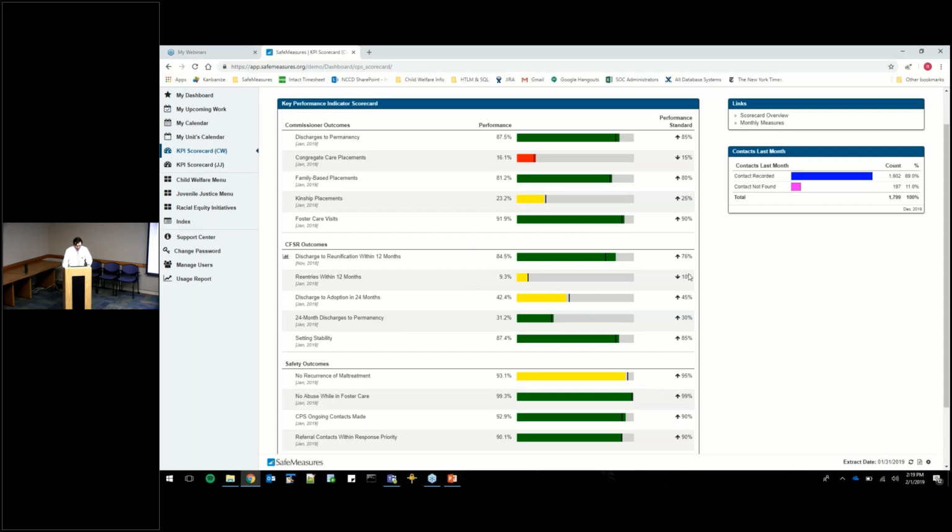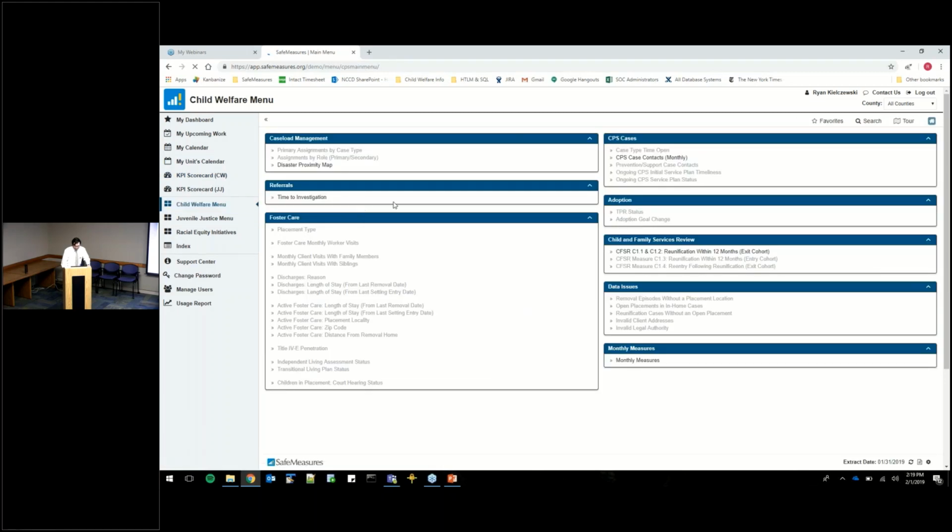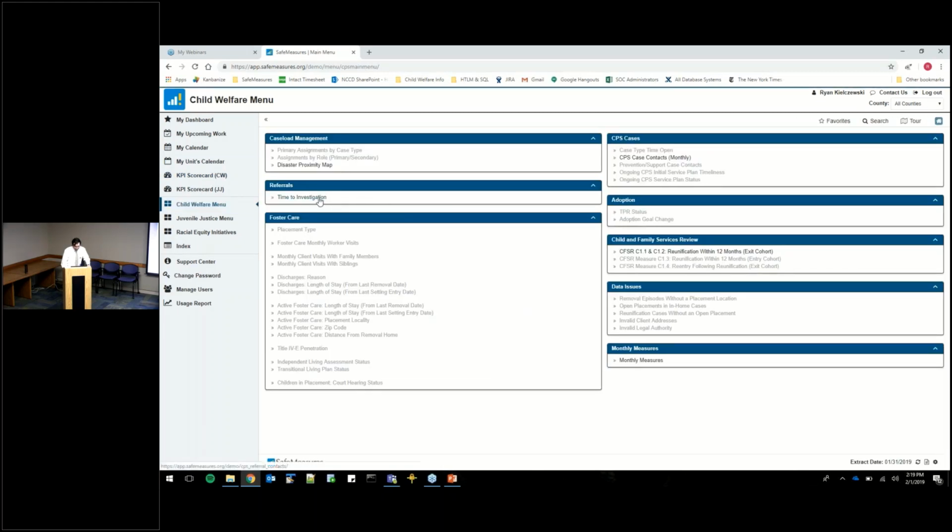So this key performance indicator for people that are looking at aggregate data, we have a home button here on the right-hand corner that allows people to make this their home page when they first sign into SafeMeasures. Now I want to get into a report because this will tend to be the most useful tool for people